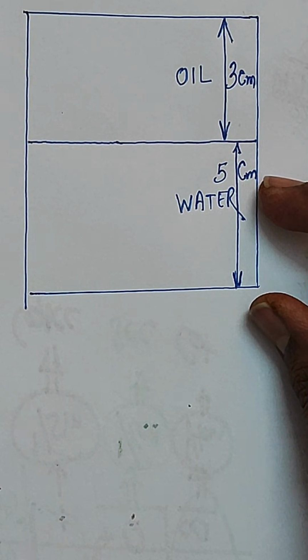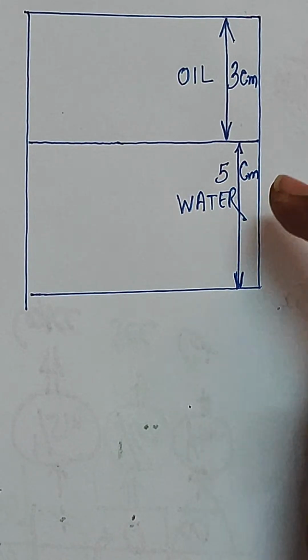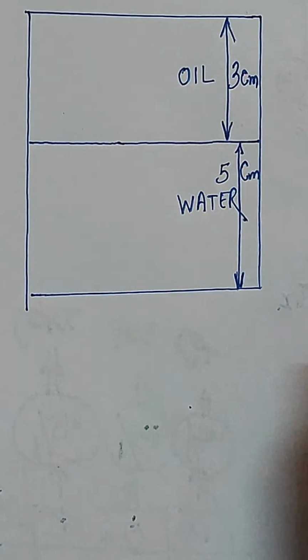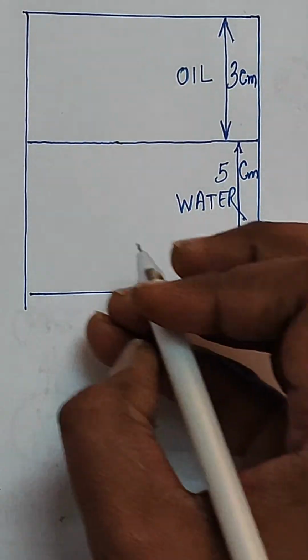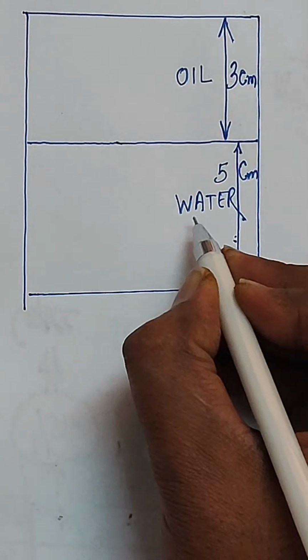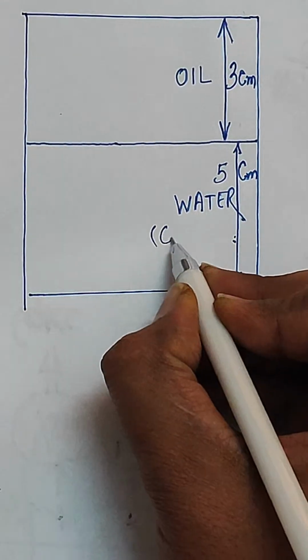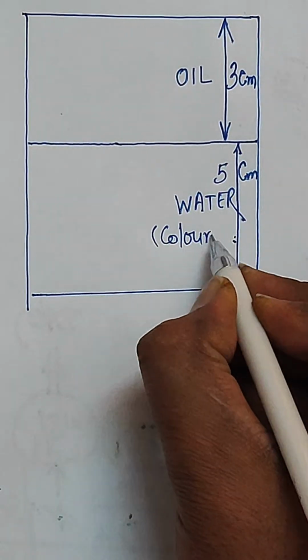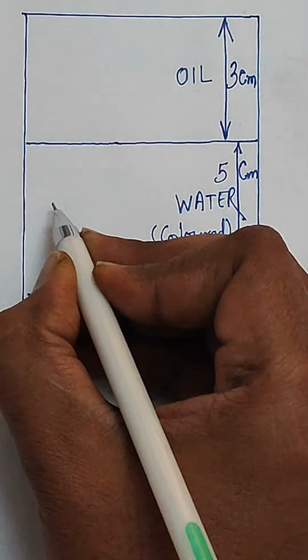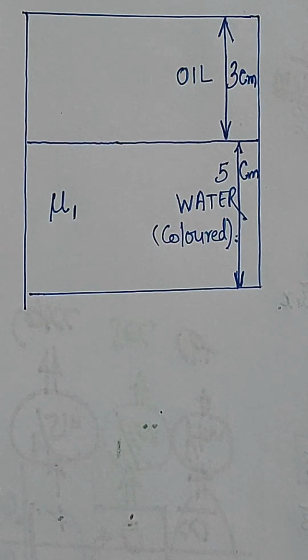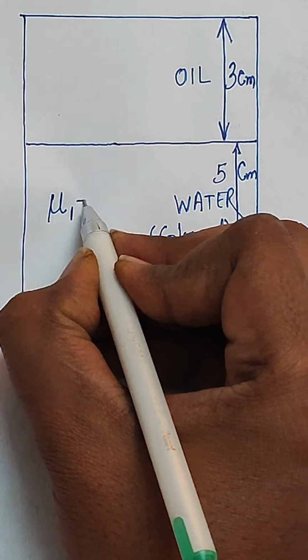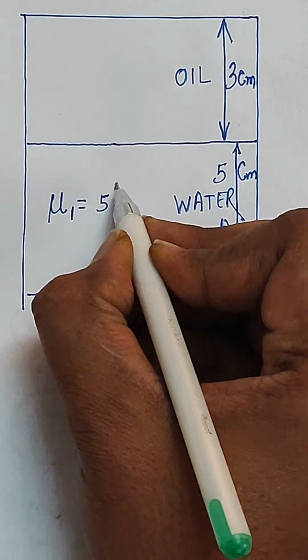Now the refractive index of the colored water is given to you as 5 by 3. Let us say mu 1 is the refractive index of this colored water, and this is given to you as 5 by 3,